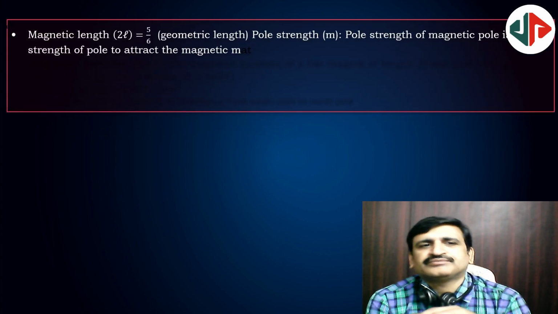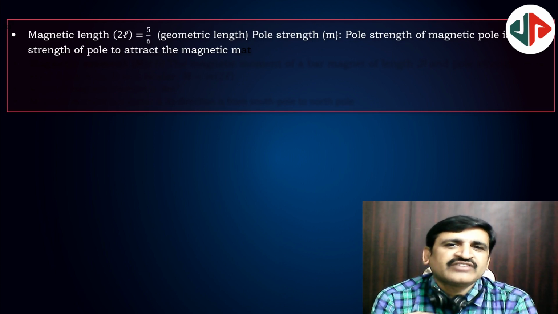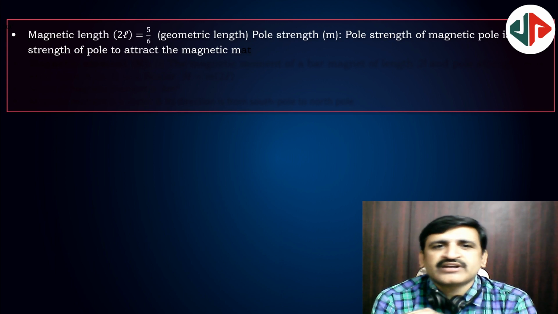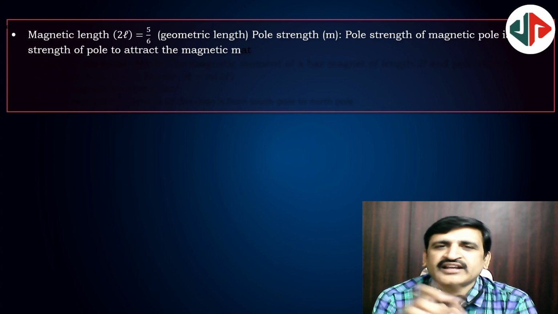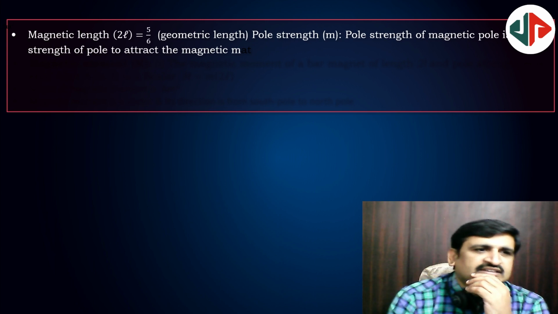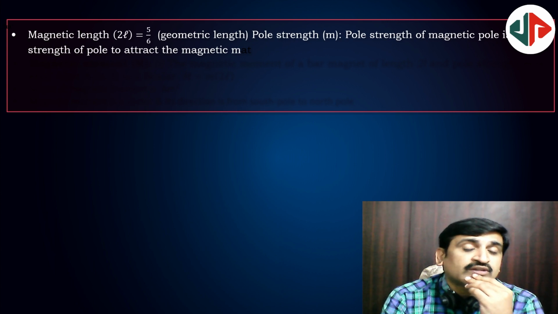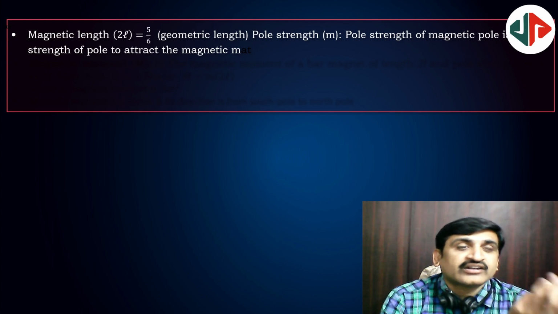Magnetic length is the shortest distance between the two poles. Actually, for a bar magnet, it is 5/6 of the geometric length. For only a bar magnet it is; for other magnets, this rule won't hold good. Magnetic length is always treated as 2L: from the center to one end is L, from the center to the other end is L. So 2L. And pole strength of the magnetic pole is the strength of the pole to attract